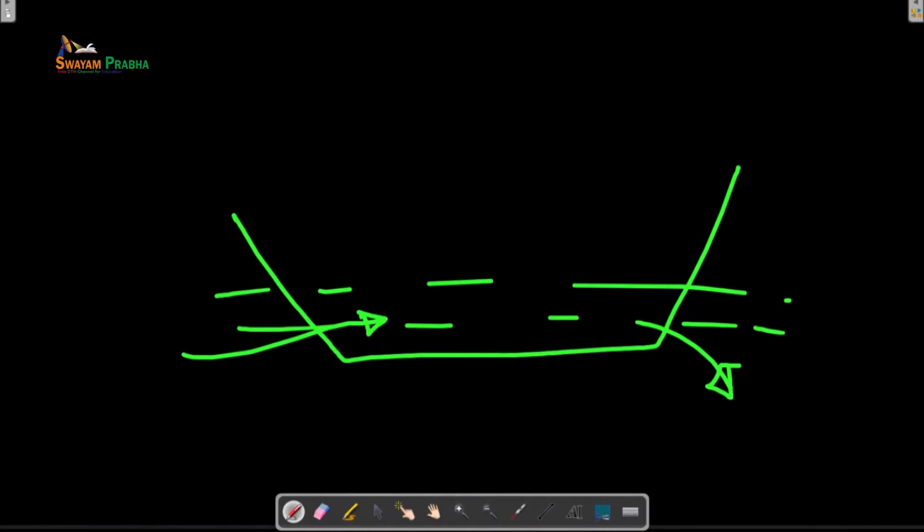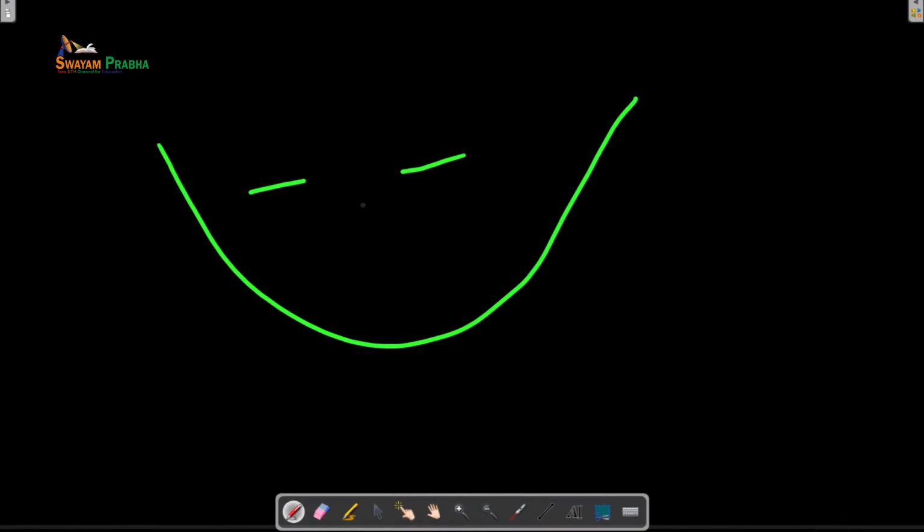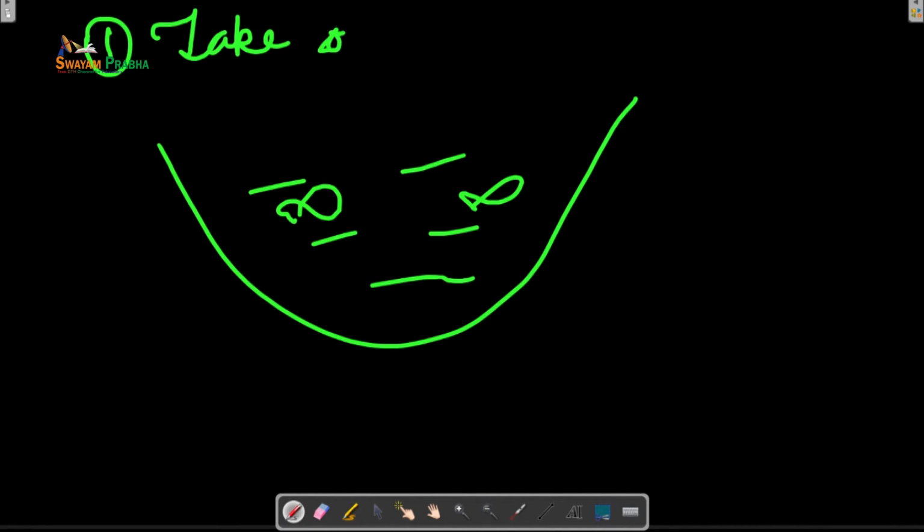That is, if you have, say, a lake, and this lake has different fishes, and you are doing fishing. So there are two options available. Option one is that you take out all the fish. And once you have taken out all the fish, there is no more fish left in the lake. And so next year or for your next generation, there is nothing left. They will not have any fish.